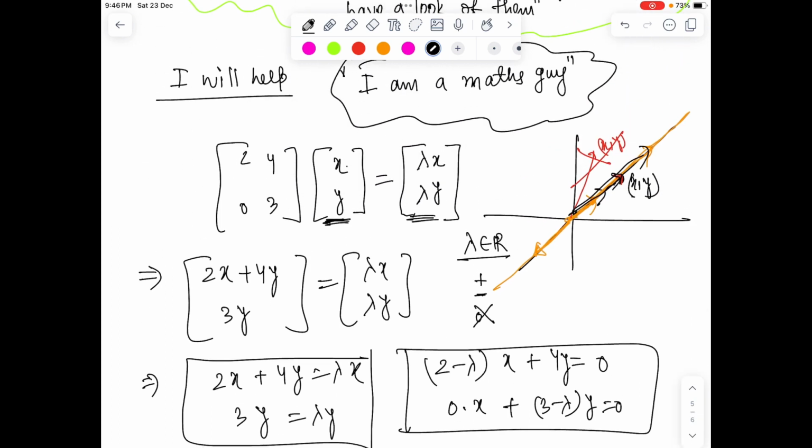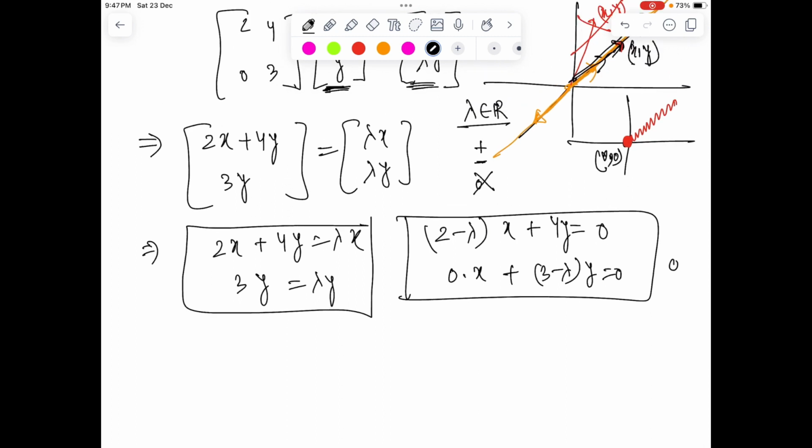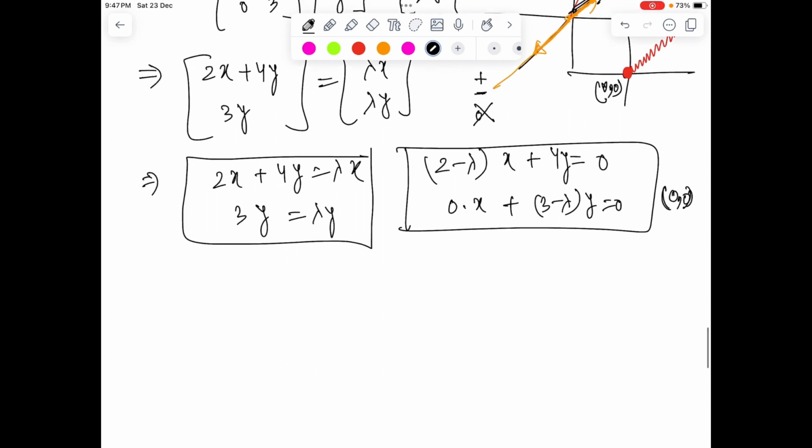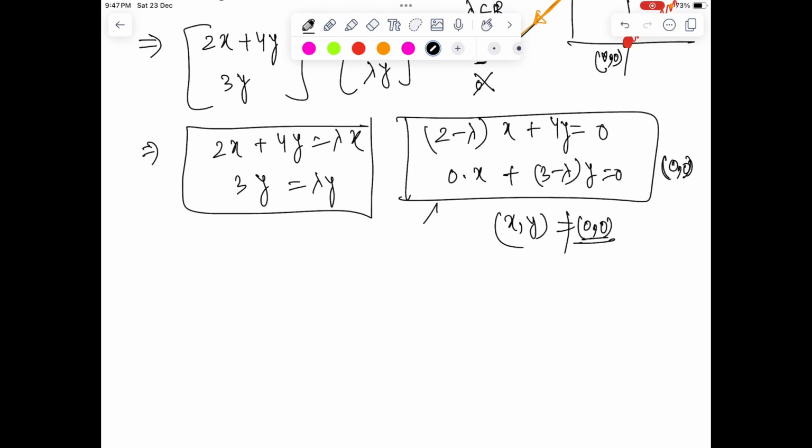Now if you want a non-zero solution, why do I want a non-zero solution? Because I know if I keep xy at 0, so if I am at this state of no apple, no orange, no matter with what matrix you multiply, A times this will always be 0. So if you have nothing, you will stay at nothing. You must have something to start with in your life, so that you can accumulate further, right? Okay. Now 0 comma 0 will definitely be a solution for this equation. So for x comma y to be different from the 0 0 pair,